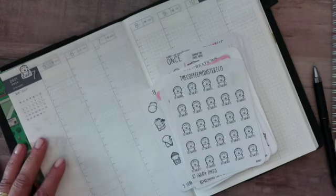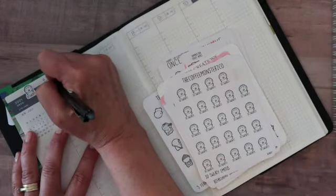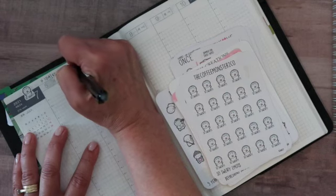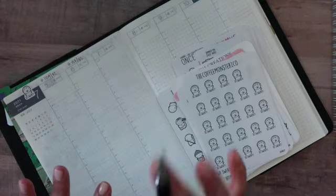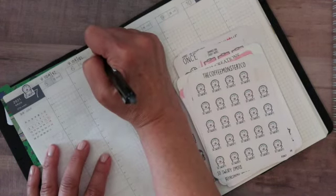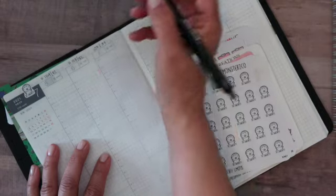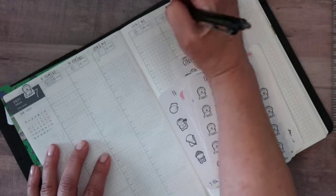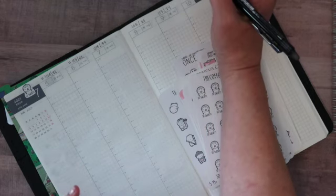And then the weather for this week will be, Monday will be a high of 104 and a low of 82. And Tuesday will be a high of 108 and a low of 82. So Monday and Tuesday is cloudy, chance of rain, and then the rest of the week is sunny. Wednesday is 108 and a low of 84. Thursday, 108 and a low of 84. Friday, 108 and a low of 84. And then Saturday,